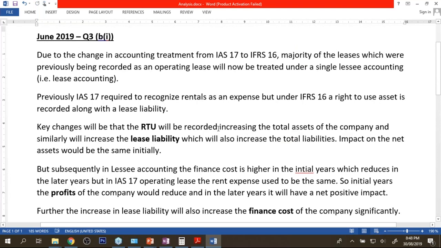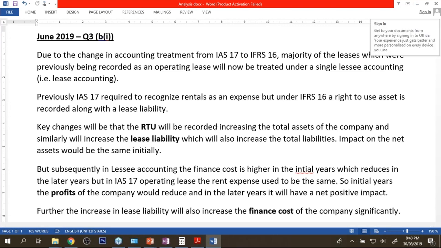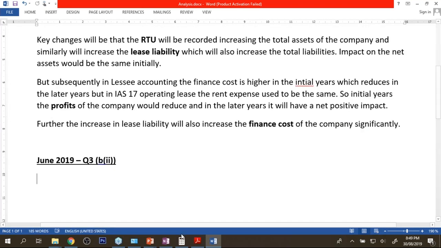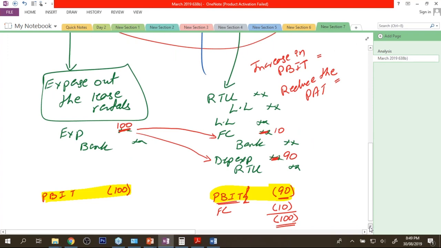What will be the impact on the interest cover? Okay, everyone is saying it will be reduced. So actually, yes, basically the finance cost is increasing. So whenever the finance cost increases and the profits are reduced, it will reduce our interest cover on a times basis. Basically, if I write it over here,